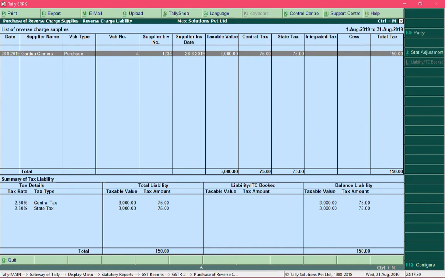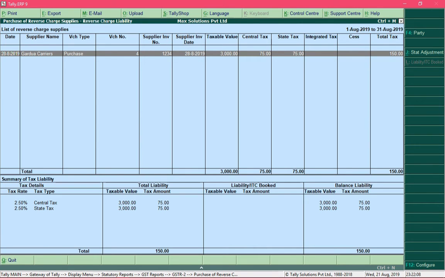So right now we have only one transaction and we need to increase our liability towards central tax for rupees 75 and for state tax as well. So over here you can see that this is our total liability that we are required to pay, and over here under the heading balance liability is the net liability which you are required to pay after paying the total liability.